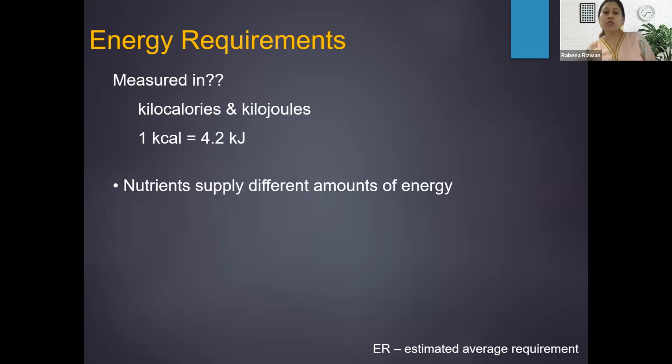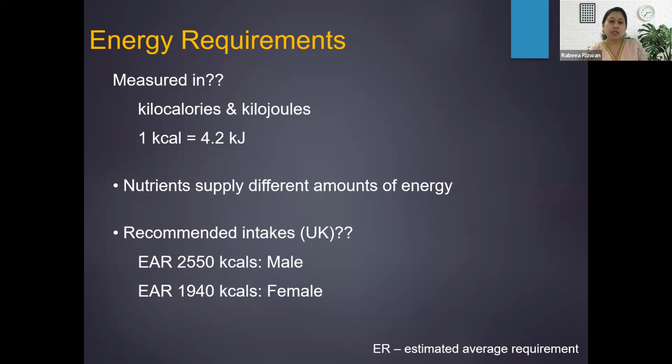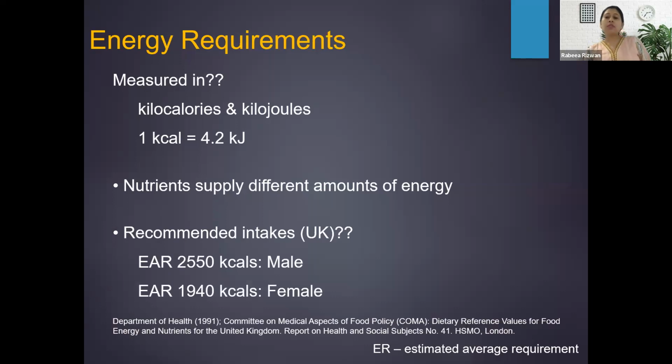However, all nutrients do not supply the same amount of energy. Carbohydrates give one amount of energy, while proteins and fat give other amounts of energy, which I will show you in other slides. But in total, what are the daily energy requirements of a human being according to the Department of Health UK? For the male, the requirement is 2,550 kilocalories, and for the female, it is